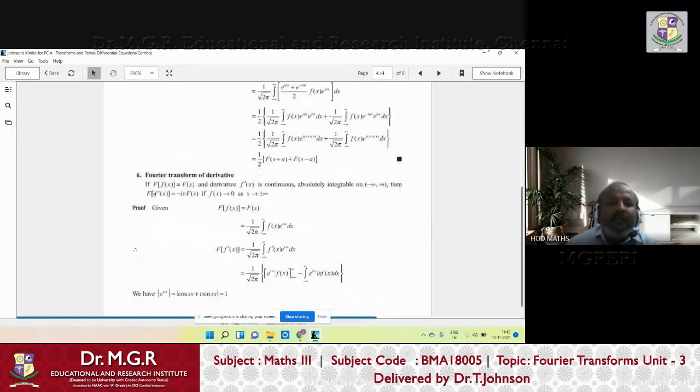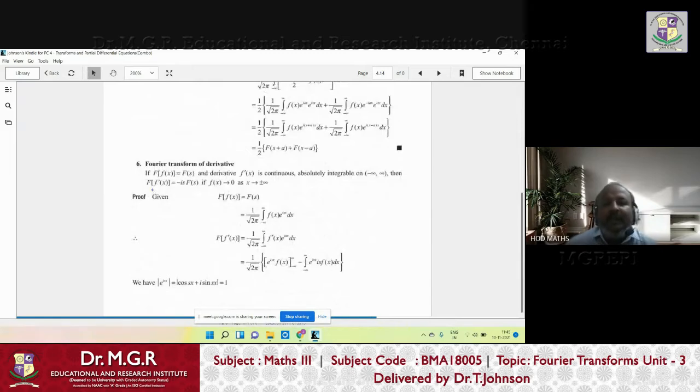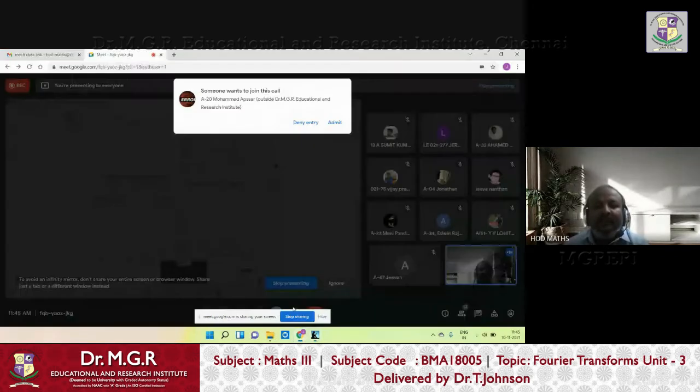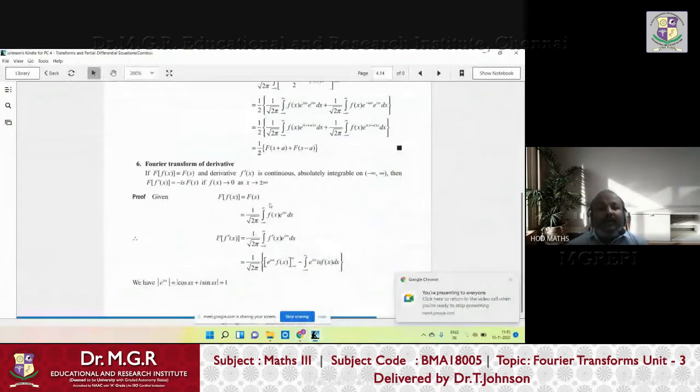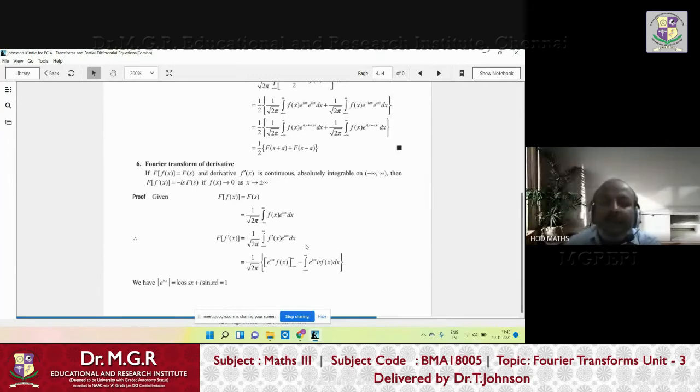So by definition, the Fourier transform of f dash of x can be defined as 1 by root 2 pi. This I already told you. Different authors use different notations, right? Some people put 1 by root 2 pi in both the Fourier transform as well as the inverse Fourier transform, and some people put nothing in the Fourier transform definition and put 1 by 2 pi in the inverse Fourier transform definition. But both are mathematically correct, right? So here this author is taking 1 by root 2 pi in the Fourier transform definition itself. But that's no problem. That is only a constant part.